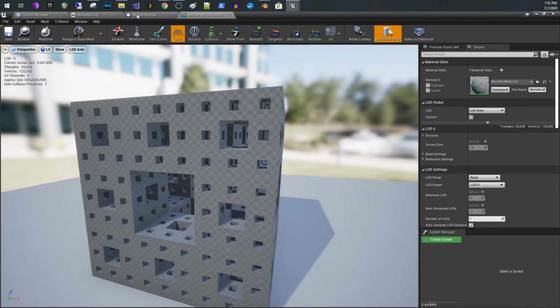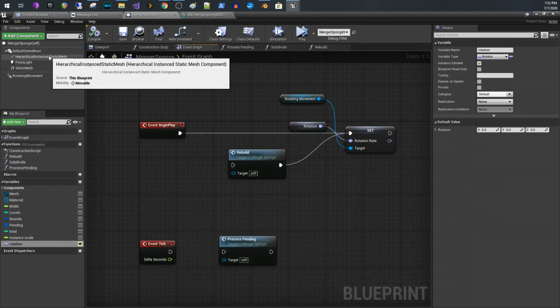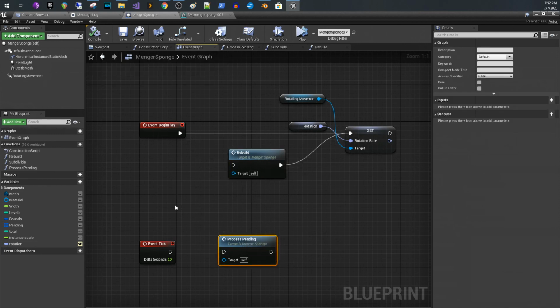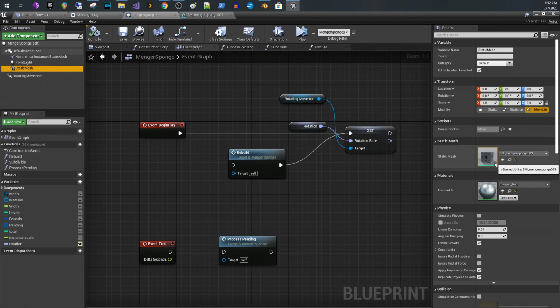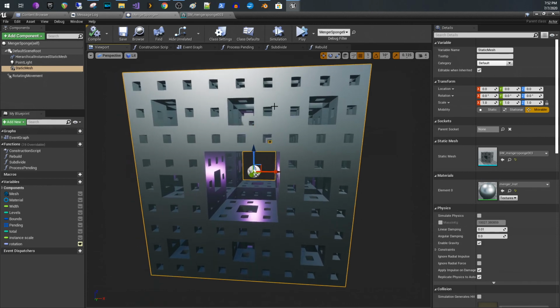I'm going to take this static mesh, and in our blueprint, rather than dealing with the hierarchical instance static mesh and all of this logic that I showed you earlier, I simply put a static mesh component. I set it to our static mesh that we just imported, set a material for that, and if you look in the viewport, here is our Menger sponge. If you drag that blueprint now into our world,